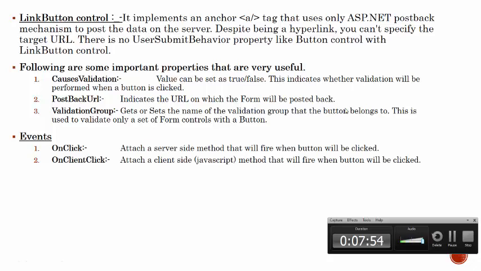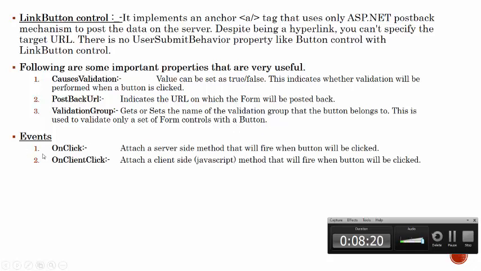The next one is ValidationGroup. It is a property by which a particular button belongs to a particular group. This is used to validate only a set of form controls with a button.